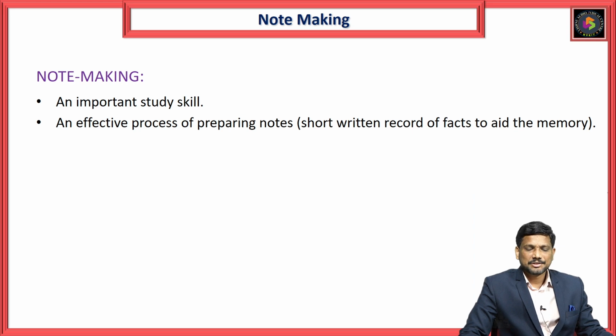When coming to English, we have four language skills: listening, speaking, reading, and writing. We consider writing a productive skill, and why? Because these days, especially engineering students are lagging in writing. So in that writing skill, note making is a very important skill, because how to take notes is very important. These will be helpful for the students to